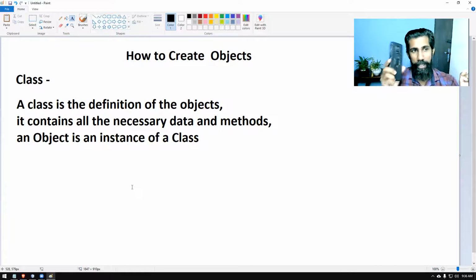The manufacturer will decide that. So how the object is going to be is totally defined by the manufacturer, right? That is why we say if you want to get an object created, you definitely need a class, you need a manufacturer, you need a factory in order to create the objects.